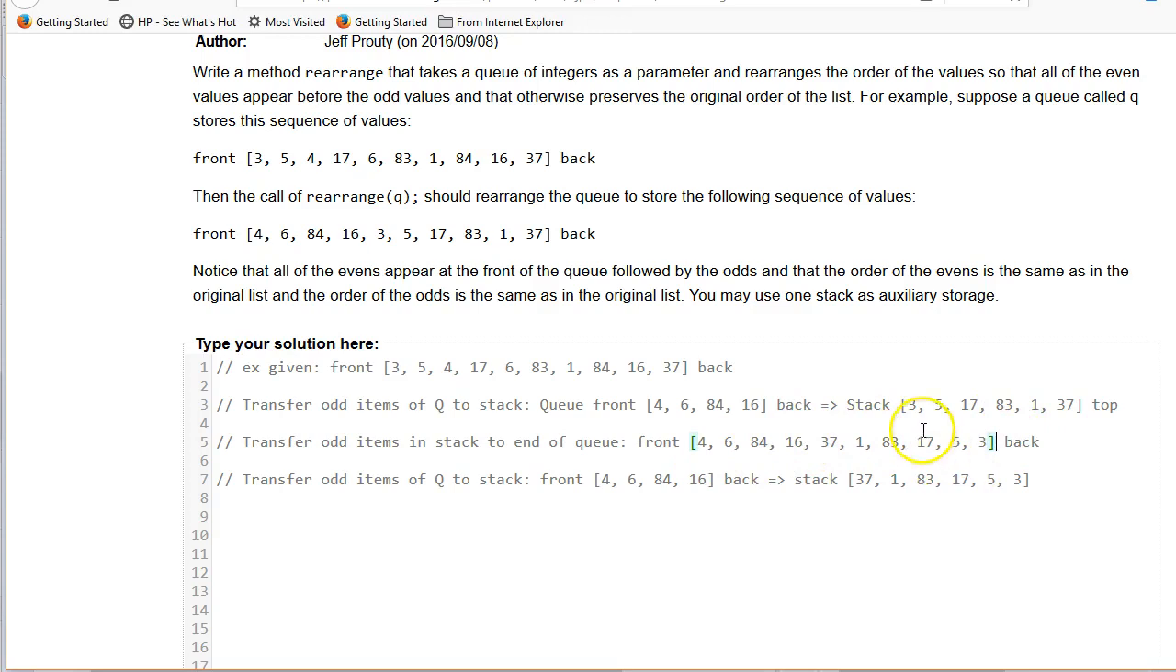Otherwise, we're just going to keep on moving items forever. That's not going to be good. So hold on to that. But we're not done yet because we've got this queue and this stack, and it's still not